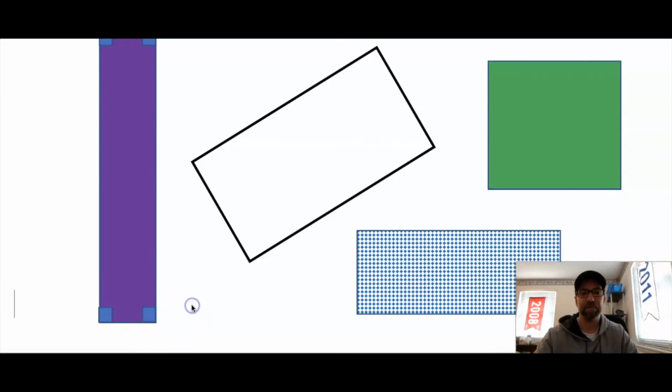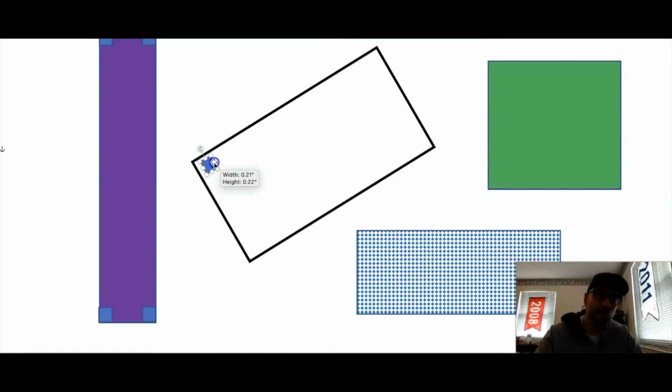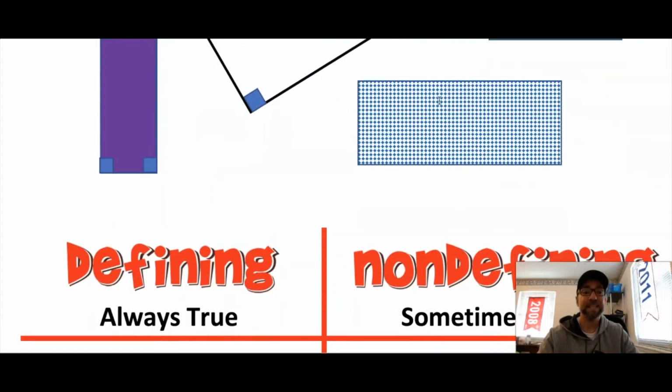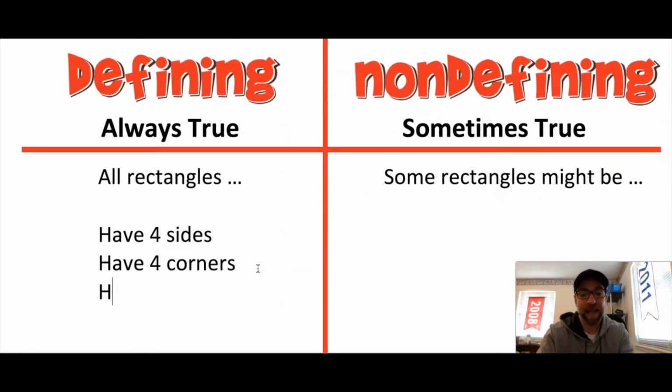Look at that. Every corner must be a square corner. Even this rectangle here. It's a square corner. Look at that. My square fits right into it. There it is. It's a square corner. Every corner on a rectangle is a square corner. This one, and this one, and this one, and this one. So another defining attribute, square corner, is that every rectangle must have